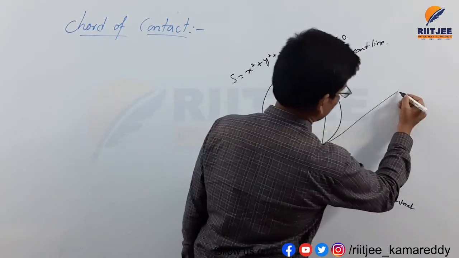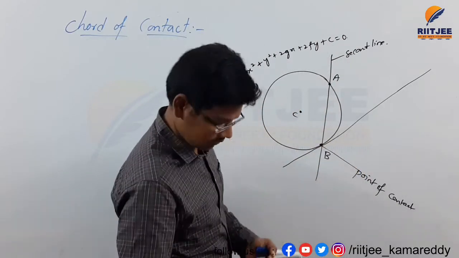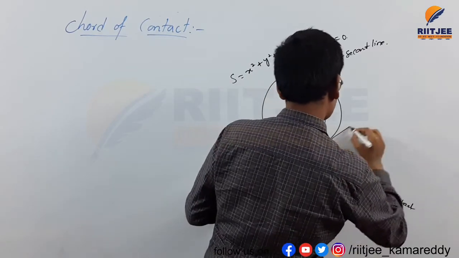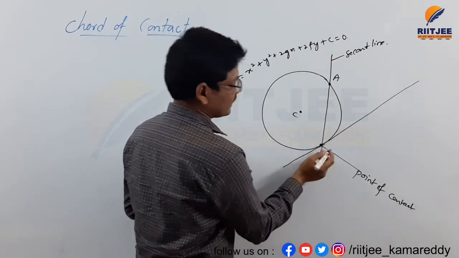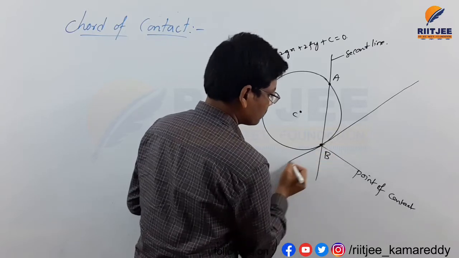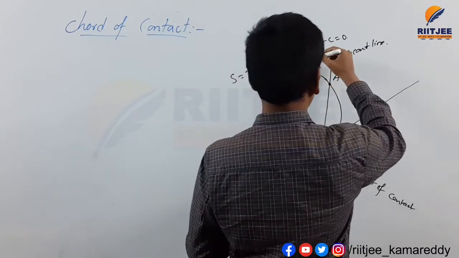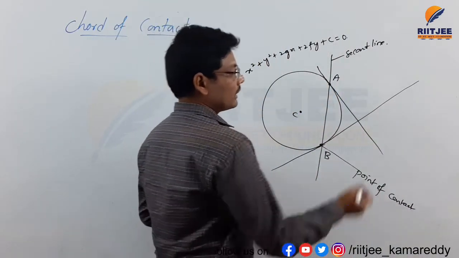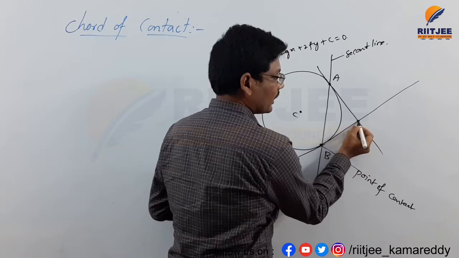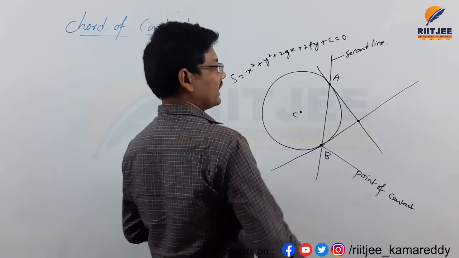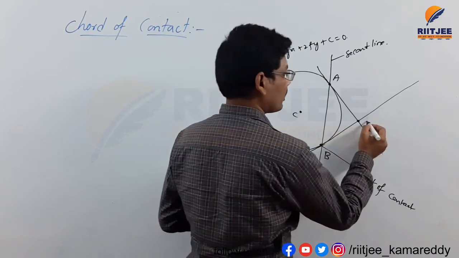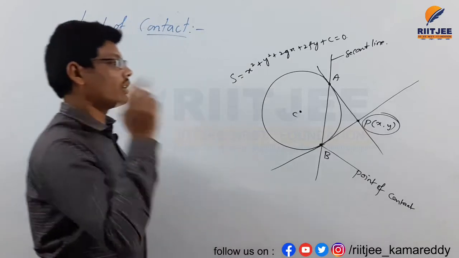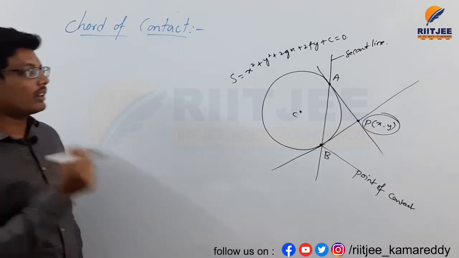And if you draw a tangent line at the point of contact, this is a tangent line here. If you extend it like this, this is a tangent line. It meets the circle at one point. This is nothing but a tangent line, and this is also one more tangent line here. The point of intersection of the two tangent lines, when a secant line intersects the circle, is called P of x comma y. This is called the point of chord of contact here.